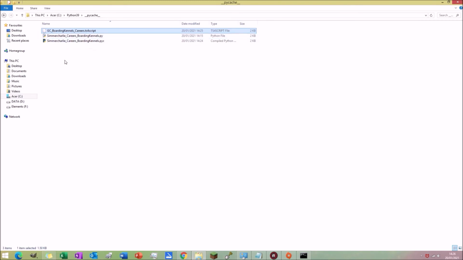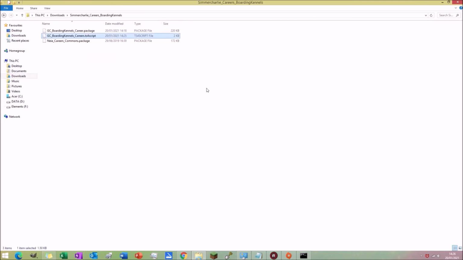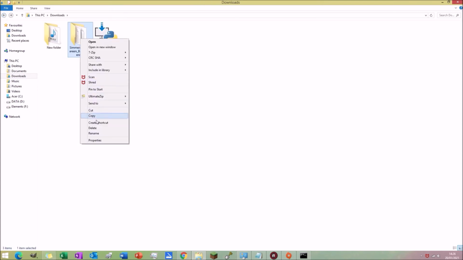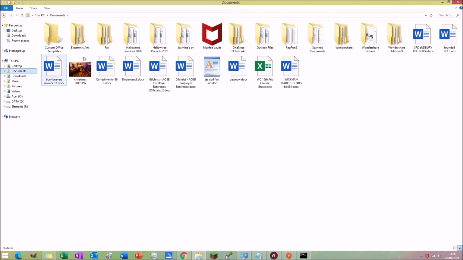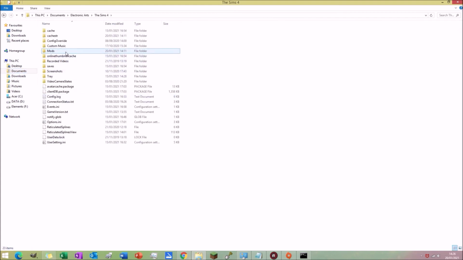And what you'll need to do is copy this file, or you can always cut this file, and you'll need to move it into your folder. And there you go. So now you have your package file and your Sims 4 script file, as well as one of these in your mods folder. So then you can copy this, and you can go to your downloads, documents, Electronic Arts, Sims 4, mods folder, and